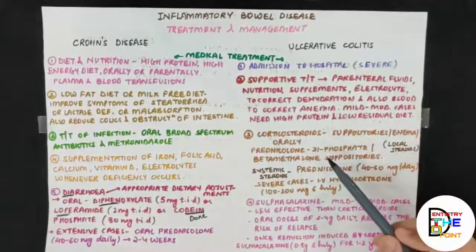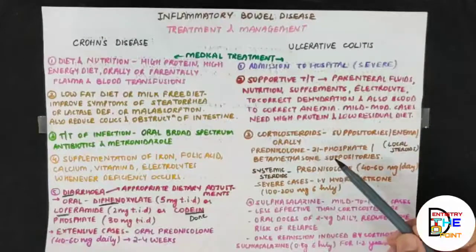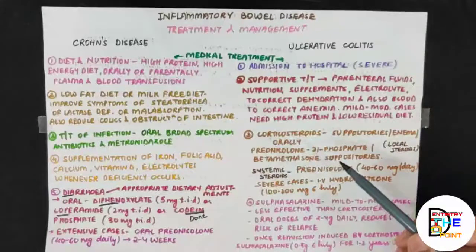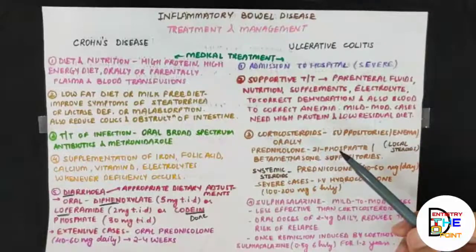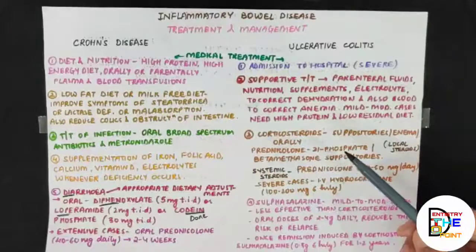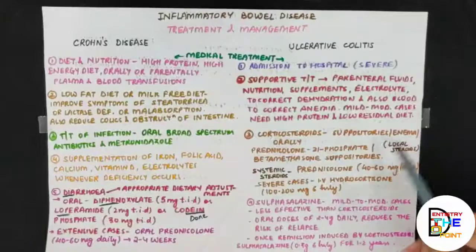Okay. Third is corticosteroids. Now you have to remember this, very common, like you have been studying corticosteroids in various diseases, so you know the main two names are hydrocortisone and prednisolone. So these two names you have to remember in the corticosteroid category. Corticosteroids are effective in inducing remissions. Remissions, as I've told you, is nothing but to lessen the signs and symptoms, to lessen the severity of the disease. So they are used locally in the form of suppositories or enema.